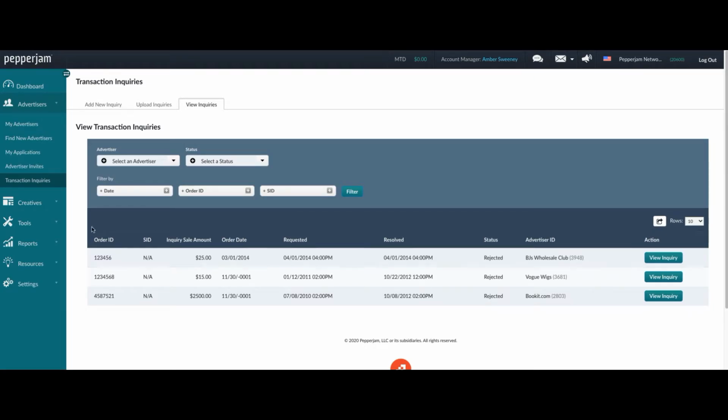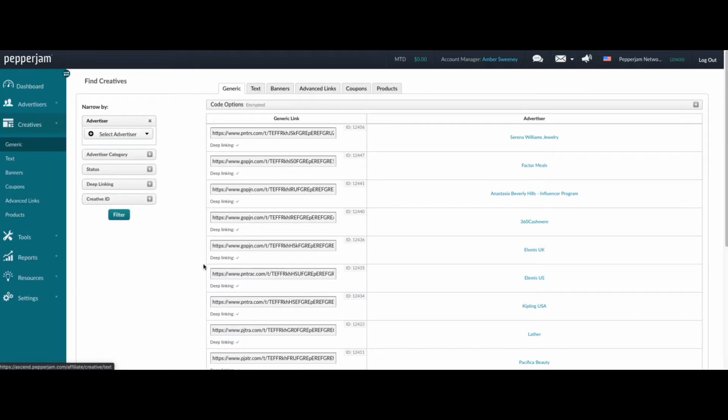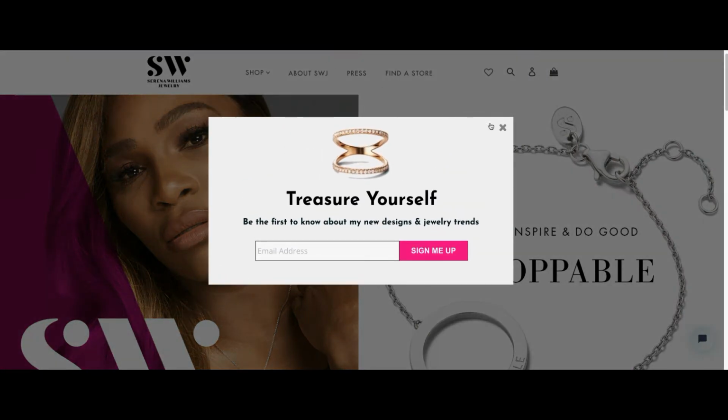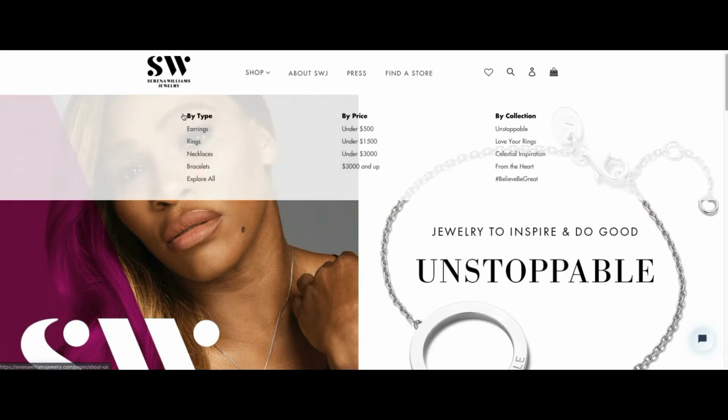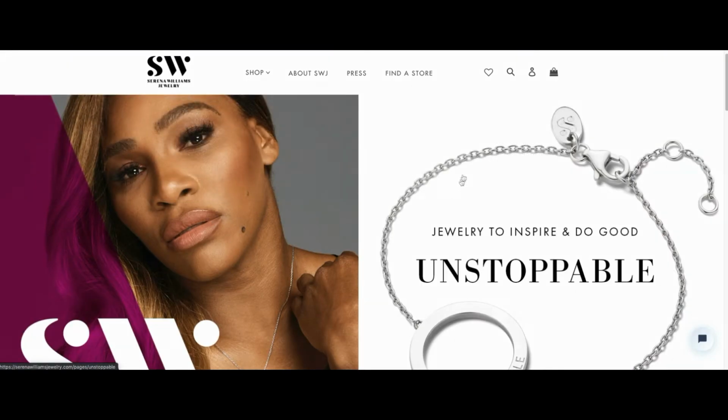The first creative type that you can use is the generic link. What the generic link is, it's a trackable link that's going to take you right to the advertiser's homepage. So let's say, for example, that you're joined with an advertiser and then you take this generic link. Let's paste it into another tab here. You'll notice it's going to take you right to the advertiser's homepage. Any purchases made with this link will be tracked right back to you since you are accessing it right here